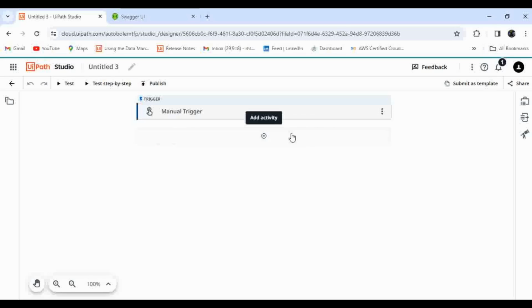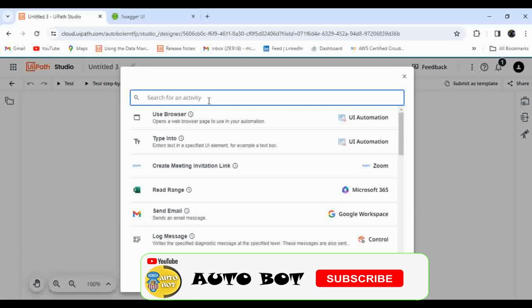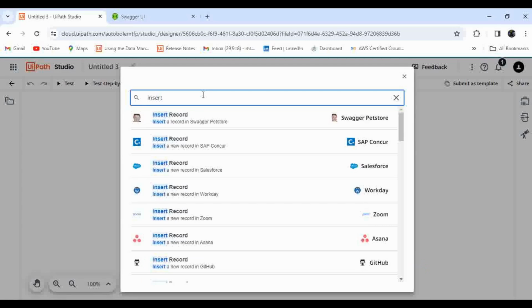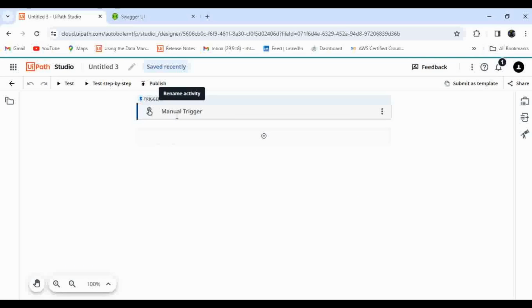Let me select a manual automation, and here maybe let me search for the same activity, insert record. If I search insert, I get the insert record activity, insert a record in Swagger Pet Store, and this is the connector that I have created, right? So if I click on it,